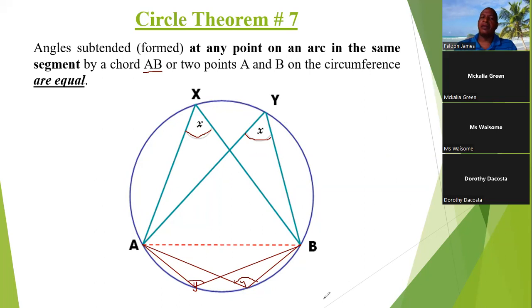Right. Now the theorem is saying that angles that are formed in the same segment are the same. That's why they're equal. Right. So it means then the angles that are formed in the segment above